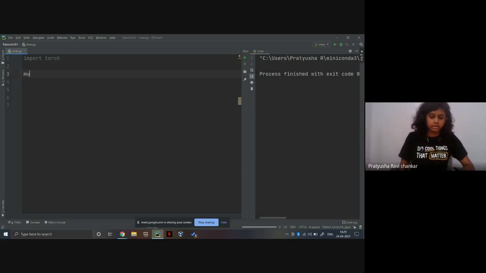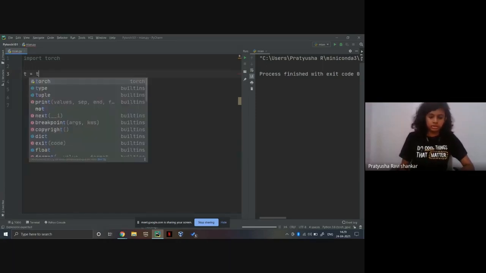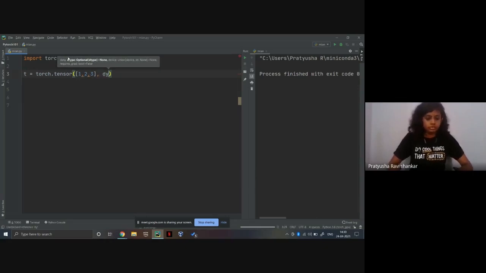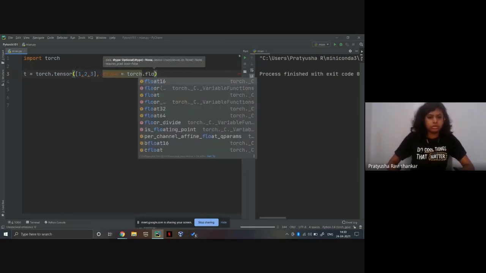Let's say t equals torch dot tensor. So the first argument will be the number, or what's the element you want. You could give it in multiple ways. You could give it as a list, I mean, a general Python list. So let's say 1, 2, 3, and you can also specify the type of the elements. So let's say dtype, I'll make it float, let's say float16,